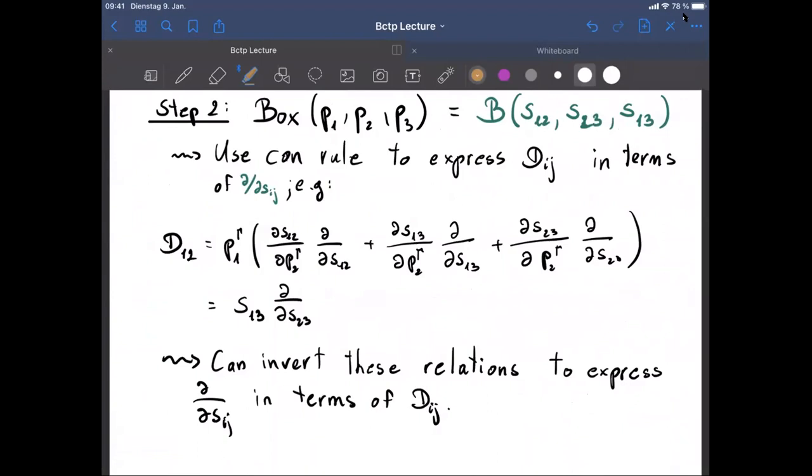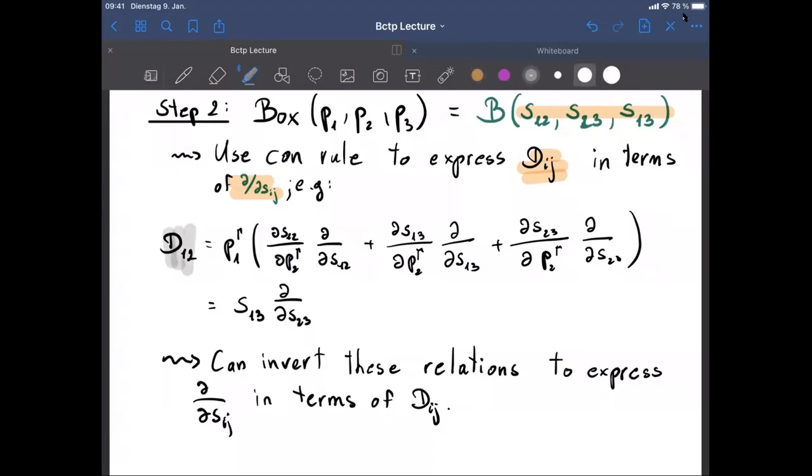So the next step is to say, I now know how to compute the action of all of the operators D_ij. But actually, we know that the box is a function of the Lorentz invariants s12, s23, s13. So what I would like to compute is the action of the operators d/ds_ij, the derivatives with respect to s_ij. That is easy, because I can just use the chain rule. For example,